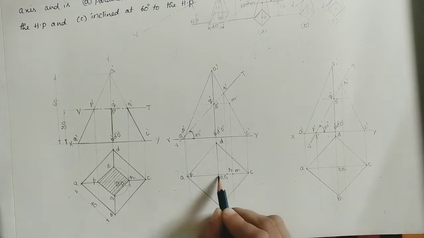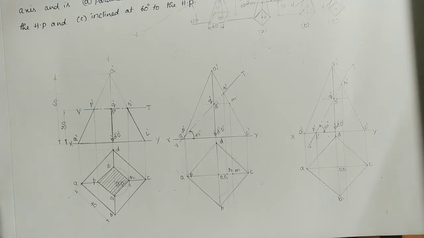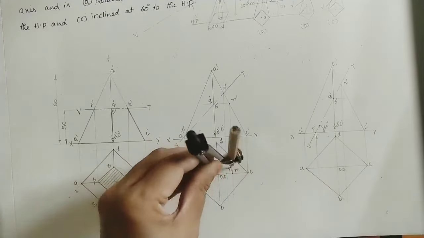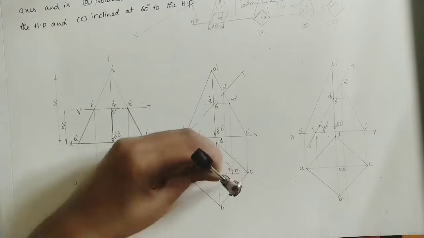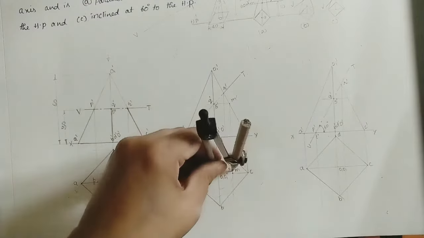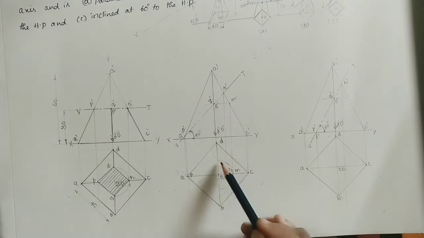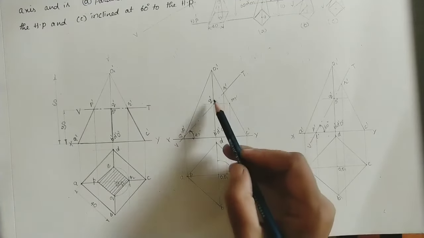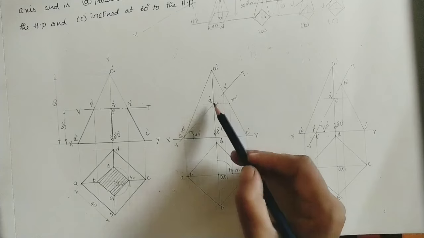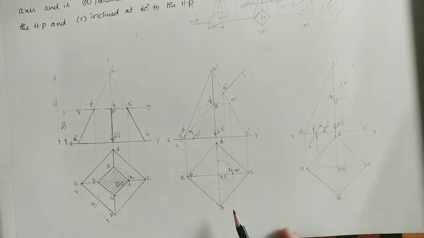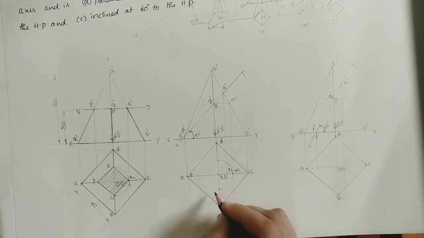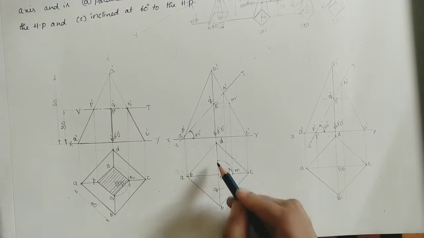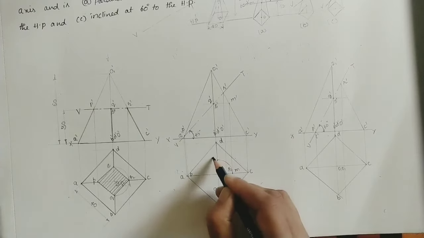After getting the M point, take the OM radius by using the compass. Do an arc up to this middle line. This arc is intersecting this middle line at 2 points. Here 1 point, here 1 point. So mark these 2 points here. So here 1 point is the Q point on OB. So on OB mark this as the Q point, and the S point is on OD. So on OD mark this intersection point as the S point.